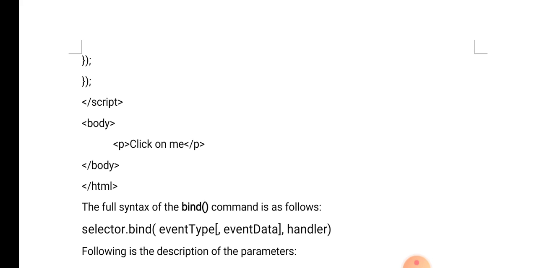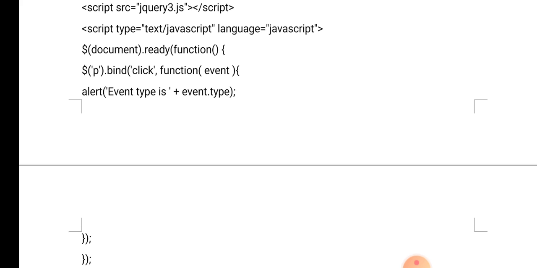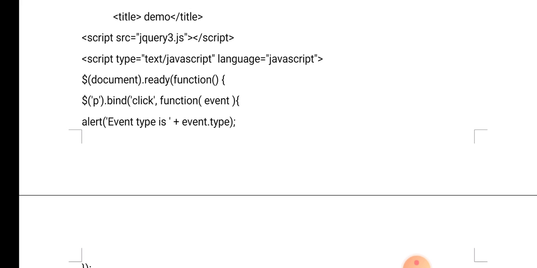So when you click on the paragraph element, you need to implement an event. Only one element is present in the HTML body, the paragraph element. You can see here the $(document).ready function. This is how we implement jQuery. Within the ready function, you can see $("p"), which indicates that we are targeting the paragraph element, then .bind. Here we are binding an event handler. Within the parentheses of bind you can see click, which is the event type.